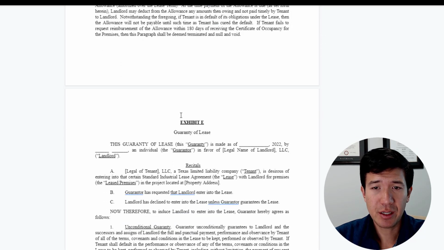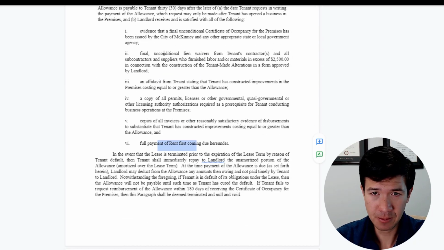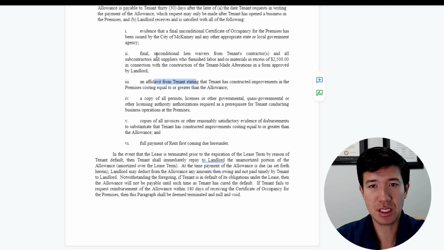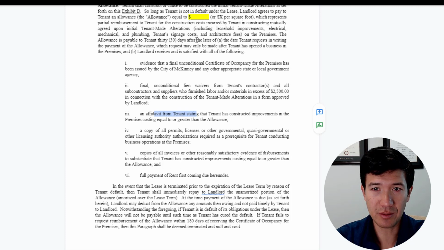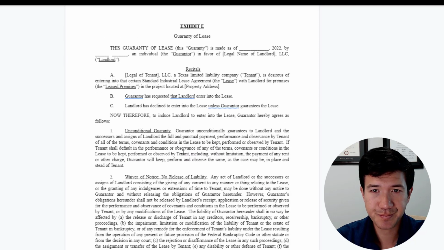You really should understand when you're going to get paid. I think tenants ask me that a lot: okay, we've done all the work. When are we getting paid? And I say, well, you need all these unconditional lien waivers. Okay, you need this affidavit. And they're saying, okay, geez, well, we have 4 out of the 6, but not quite there yet to submit it to landlord. And even when you give it to them, they have 30 days after they receive all 6 items.